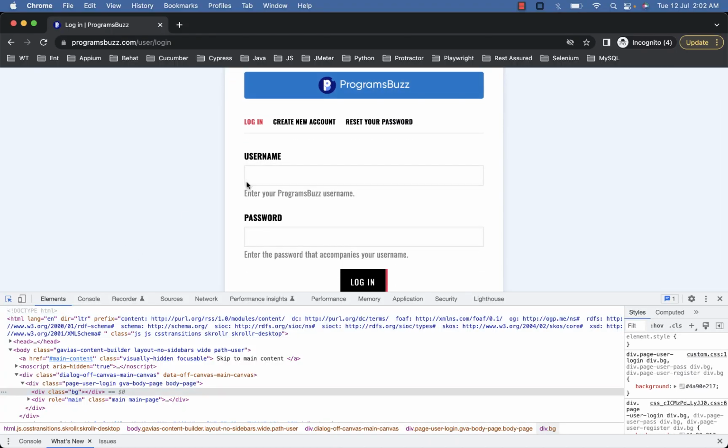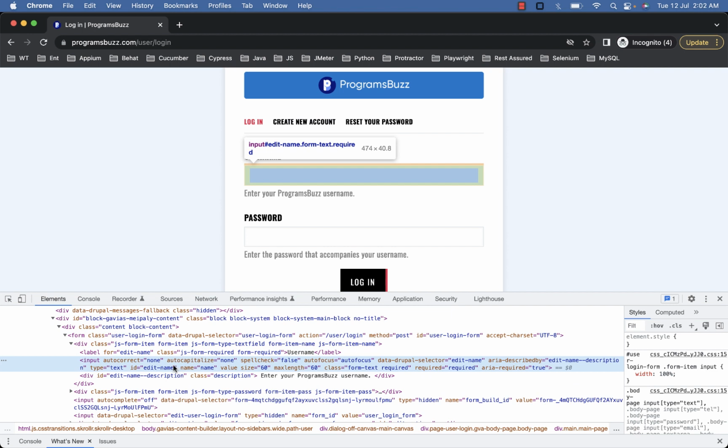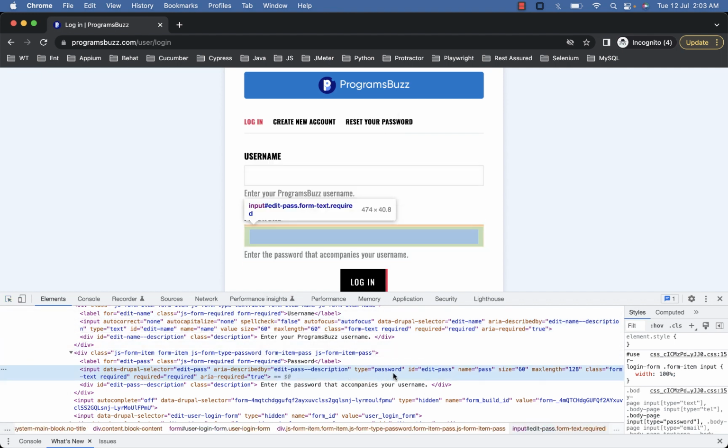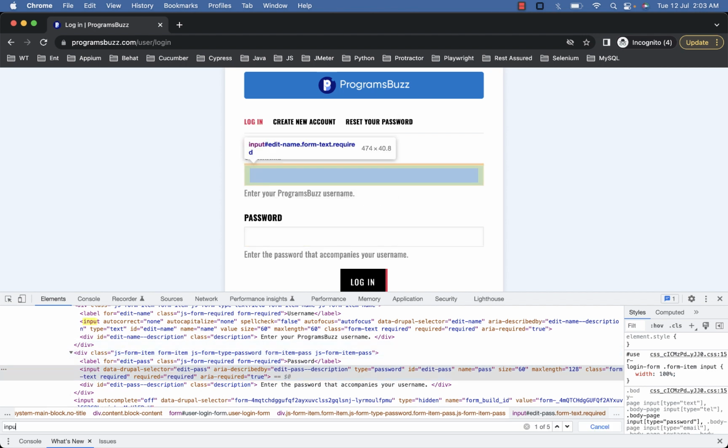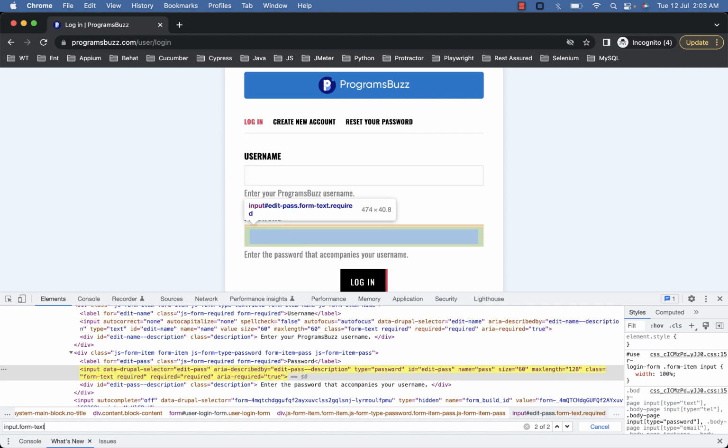For example, this input contains the class form-text, the username input, and this password input also contains the class form-text. Now if you select using CSS, for class we use dot form-text. Here you can see it's finding two elements, username and password. Copy this,